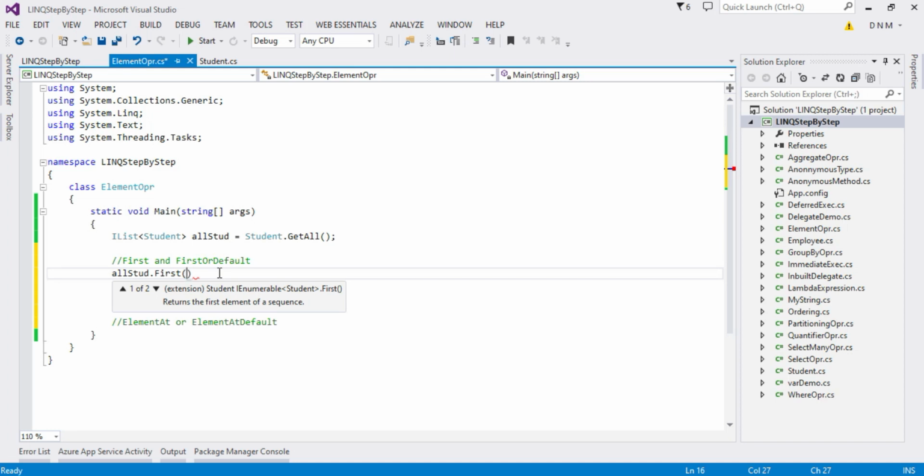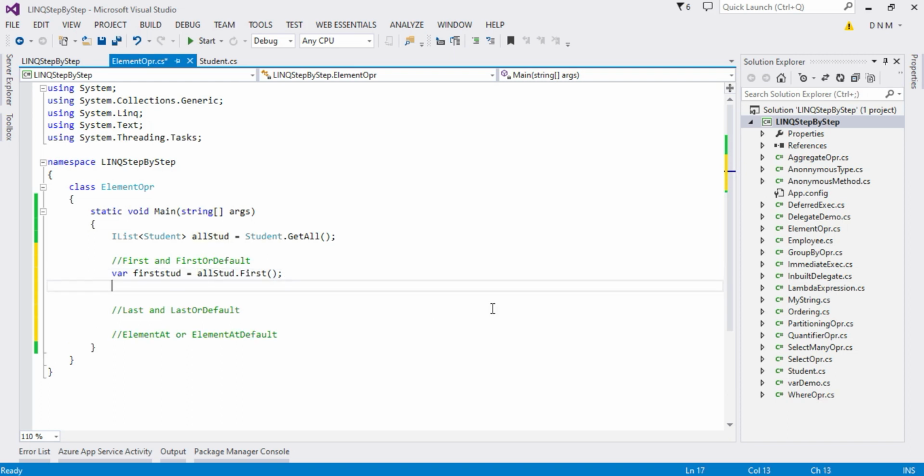Remember this. Let me declare one variable here, var firstStud. Now I'll print the value of this firstStud with Console.WriteLine.